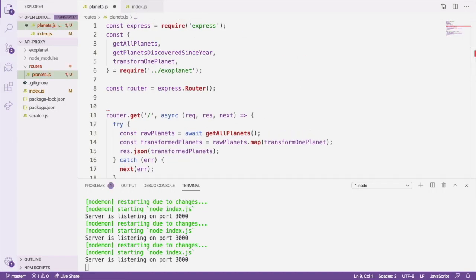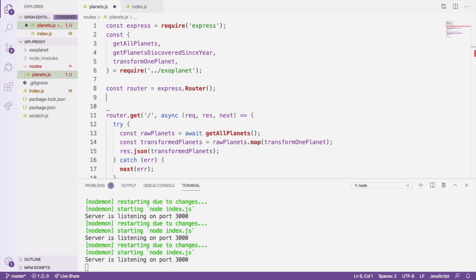Now we'll create a custom middleware. One of the benefits of using router instances to organize your code is that you can define middleware which is only run for the routes attached to the router instance. You probably noticed that the Exoplanet API can be pretty slow, so let's add a middleware that times how long a response takes to serve.